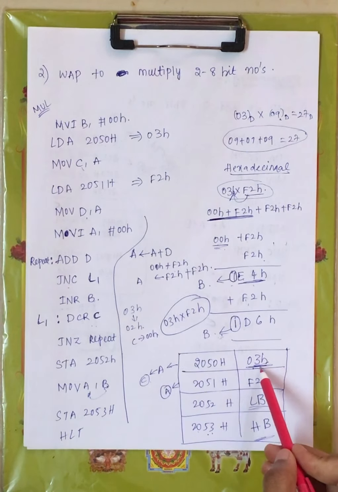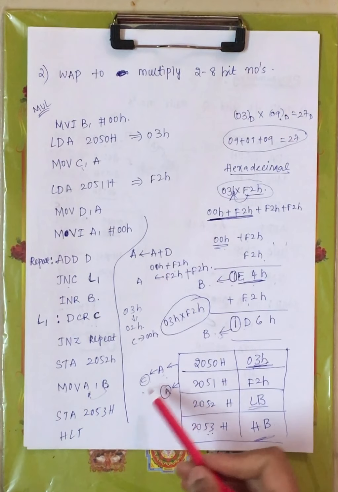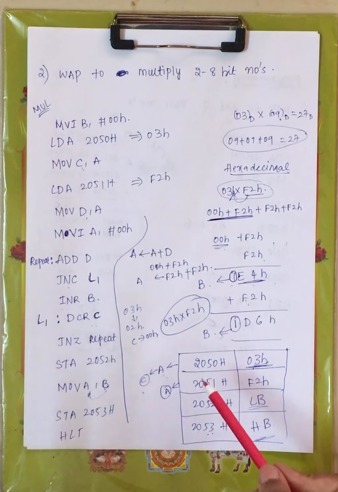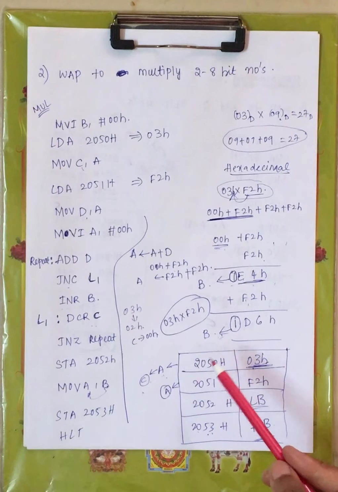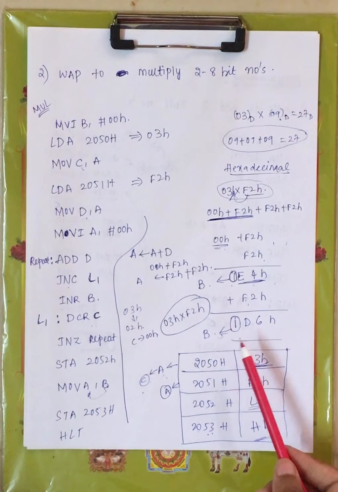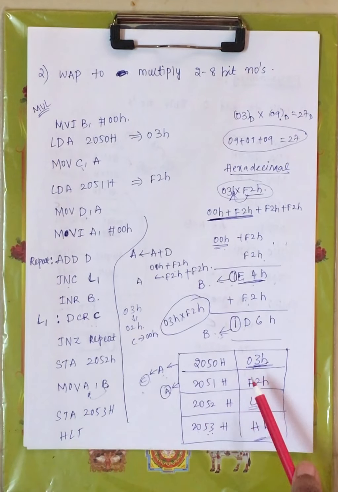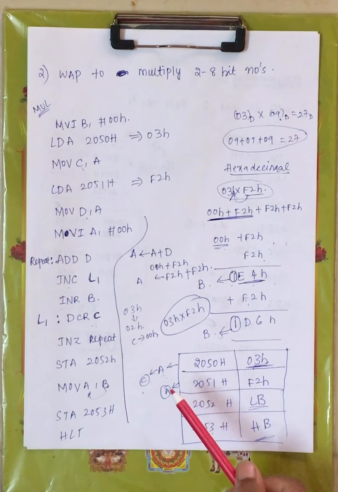Now initially the first number is moved to the A register. From A it has to move to the C register. Since B is used for the carry, I am taking the C register. You can take any register as per your requirement, but here I am taking based on my requirement, right? Since I am using B to store the carry. Now the first number is stored under your C register, right? Now the second number has to move to the A register. From A it has to move to the D register, right? Now this is the scenario.